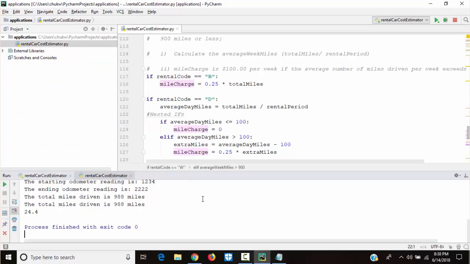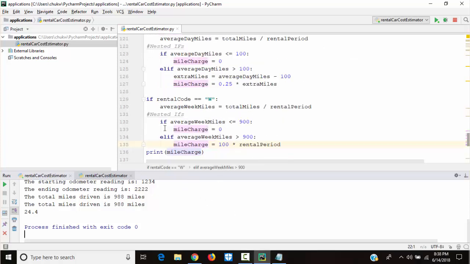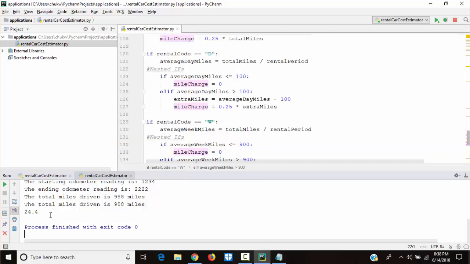So what might it be now? Okay, it ran. Thank God it ran. The next thing now is there's a problem with the formula for the mile charge if it's D. So if it is greater than 100, which is,